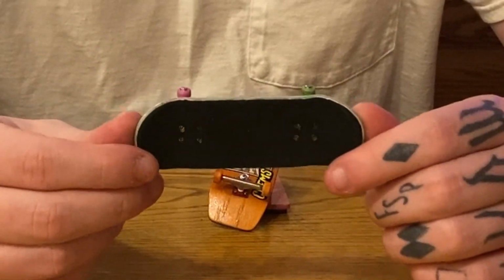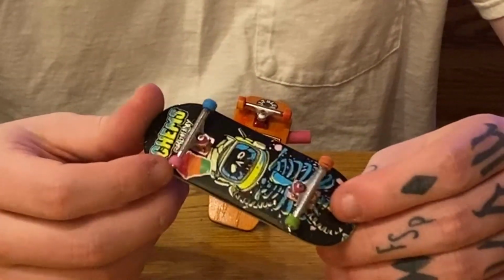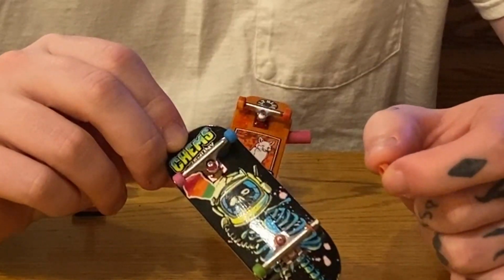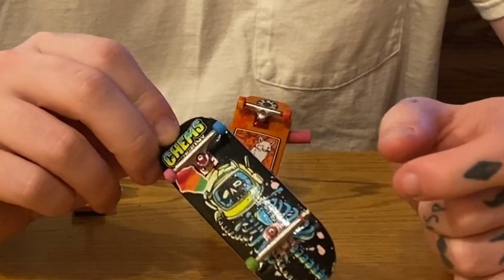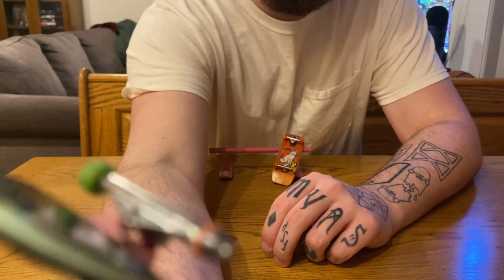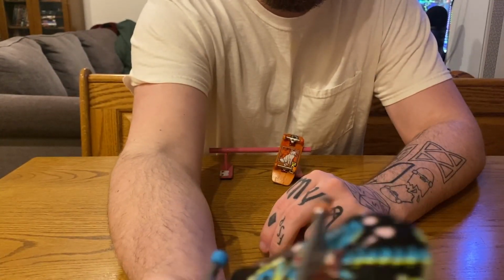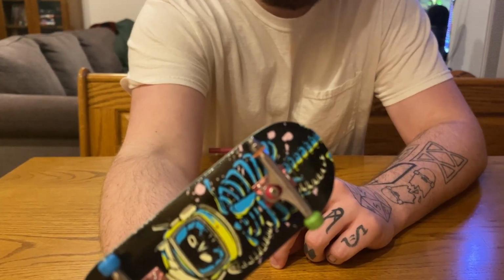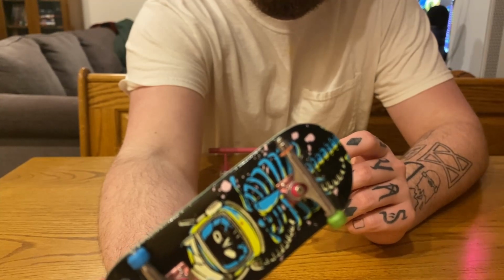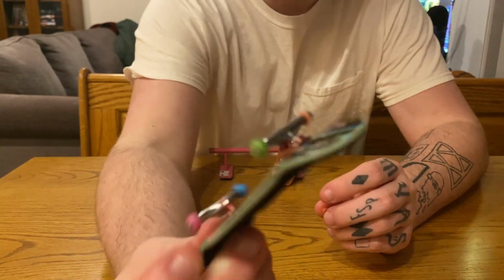Awesome board. I was using it a ton. My first 34 millimeter, I got very used to. Here's what happened. The actual rim of the wheel is still on there. I don't know if you can tell that, but the bearing is still nice and tight on there. These bearings are non-slip. Luxario does a really good job of making the bearings so they don't slip, but the actual plastic,